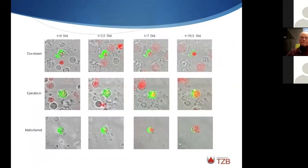How does it work? Here it's conventional drugs. If we add the drugs for different times to the cells, you can see here in the background it's white blood cells, and this is a typical tumor cell which stains for the epithelial antigen, because cancers are of epithelial origin. And over time, the cell nucleus starts staining red, and this means the membrane of the cell becomes permeable,